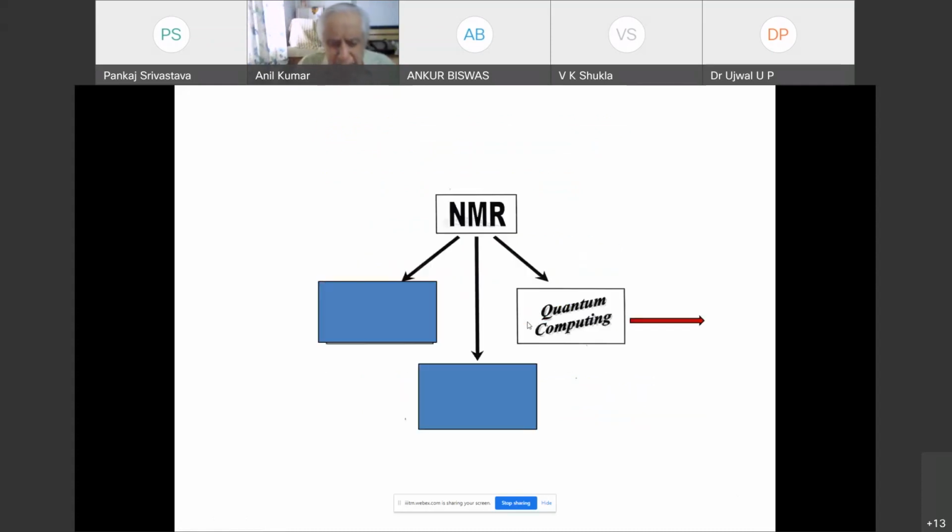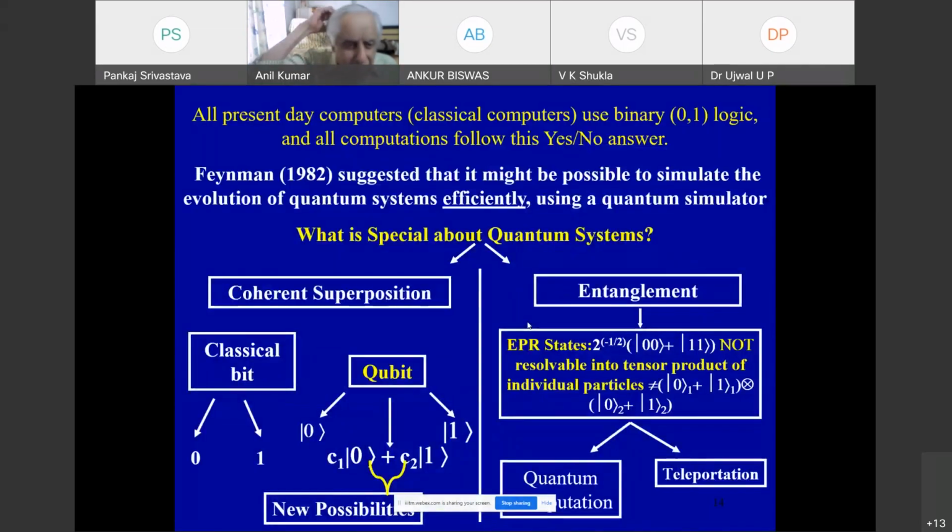Well, we come to the subject of this talk today, the third application of NMR, quantum computing. Every speaker might have repeated these things, but I have my own way of saying this. All present day computers we can call classical computers. This computer that I'm using right now to talk to you is a classical computer. It uses binary logic, 0 and 1, and all computations follow from this. All these images that you see on the screen are nothing but zeros and ones. It's very powerful, but